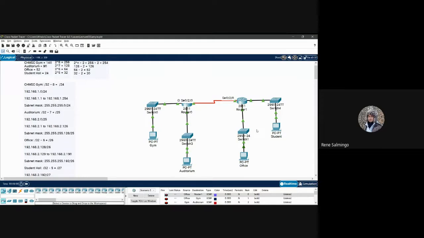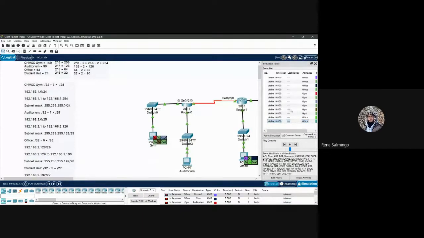So for example, how do we simulate? First we go to simulation. You could try to change the settings if you want to, but normally we will put a PDU. If you want to put a PDU, this is a PDU, and if you want to communicate this one to another computer,